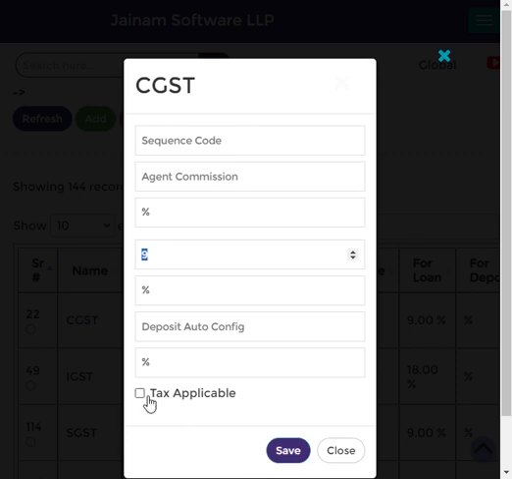Tax applicable you have to take when you are configuring some ledgers, for example, document charges or processing fees. But as I mentioned that you can configure ledger at three different stages, so I recommend that GST configure at company level and other ledgers, for example, processing fees or document charges, you can define at